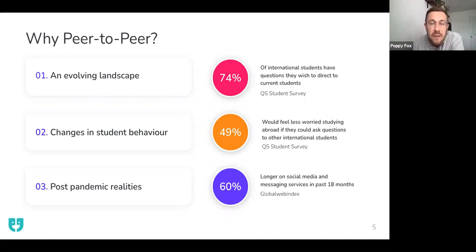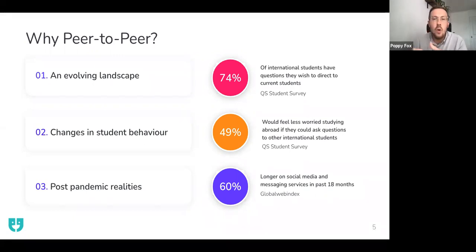In the same survey, 49% of international applicants said they would feel less worried about studying abroad if they could direct questions to current international students. As well as these expectations of students shifting, so have their behaviors. So over the past 18 months, Generation Z are now spending 60% longer on social media and messaging services.